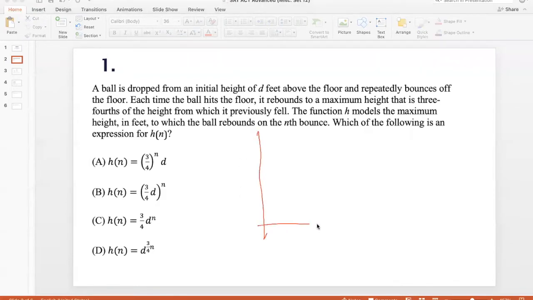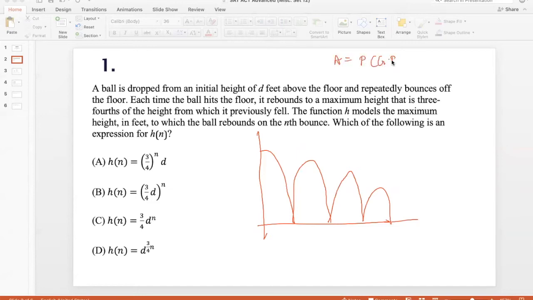So I have a ball that I have thrown, right? And then it rebounds. And every time it rebounds, it reaches 3/4 of the height that it reached in the previous bounce, right? So this is an exponential function. So I should use A is equal to P times growth factor to the power T, right? Where growth factor is 3/4 because every time it bounces 3/4 of the previous bounce. The initial height is D because we start with D. And the bounce T itself is N,